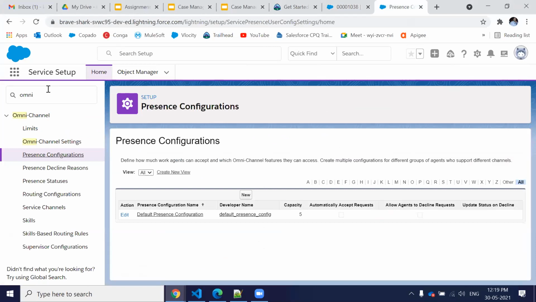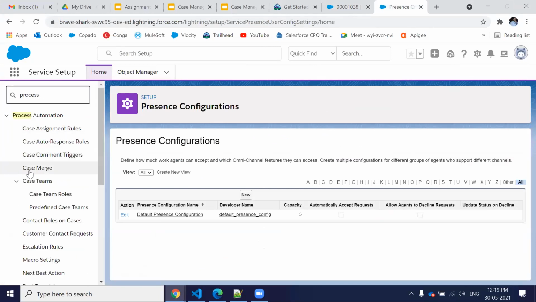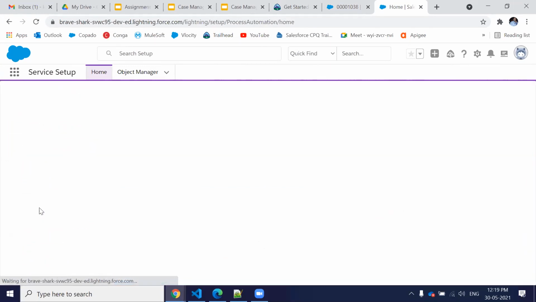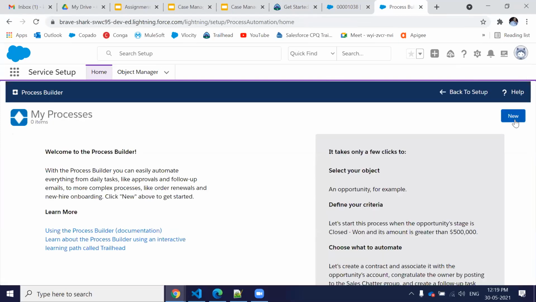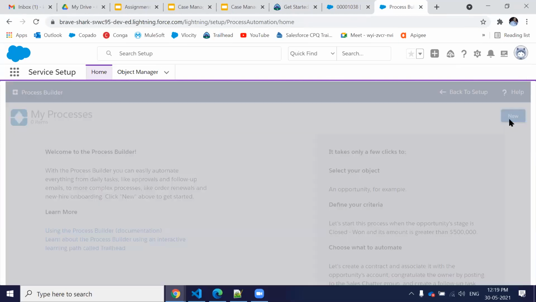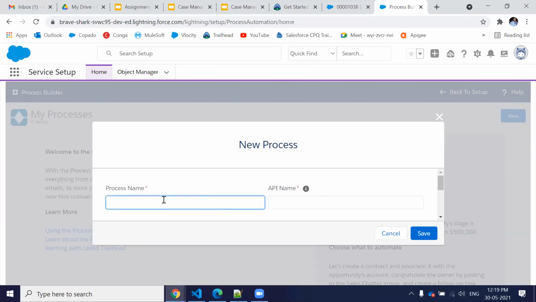Go to setting, process builder, new, skill based routing.